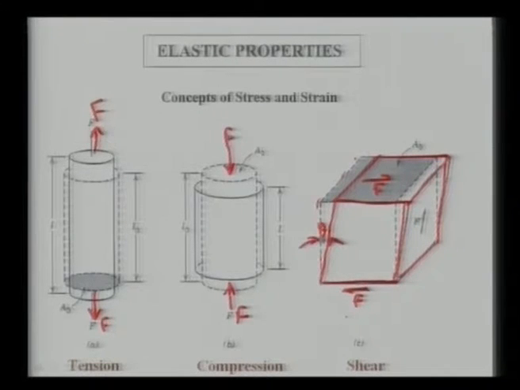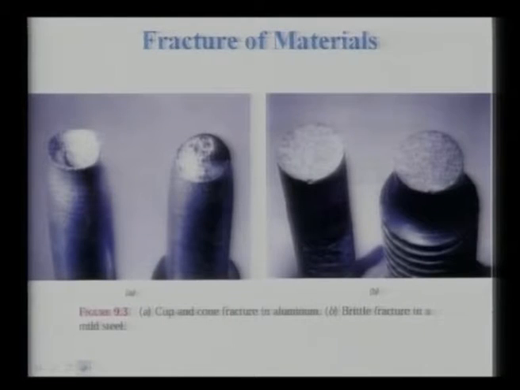One is called tension, one is called compression, and one is called shear, and each type of force applies in a characteristically different manner, and that has typically three different types of effect on a material's shape or material size. Now this shows that in a typical metallic material, if you do the tests at a particular temperature and if you do a test at a cryogenic level, how these two behaviors can be different.